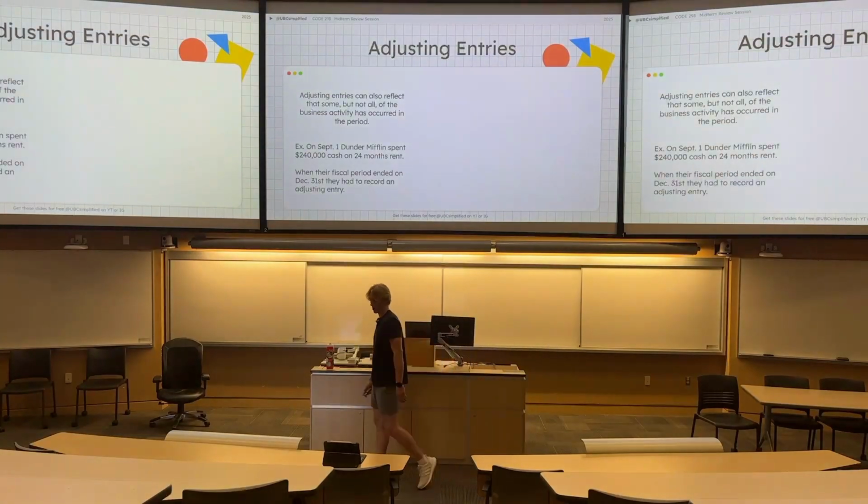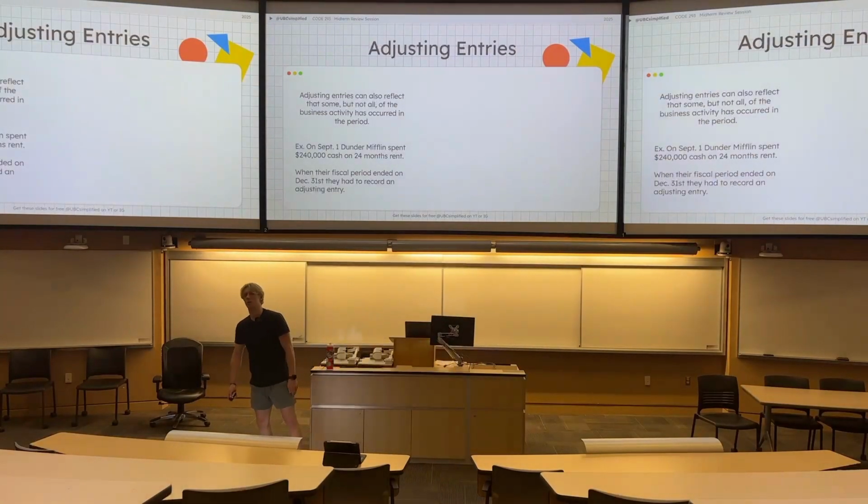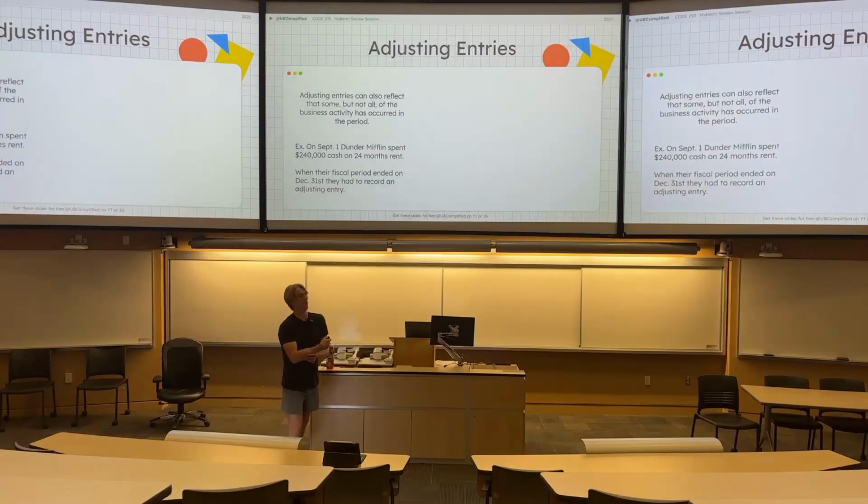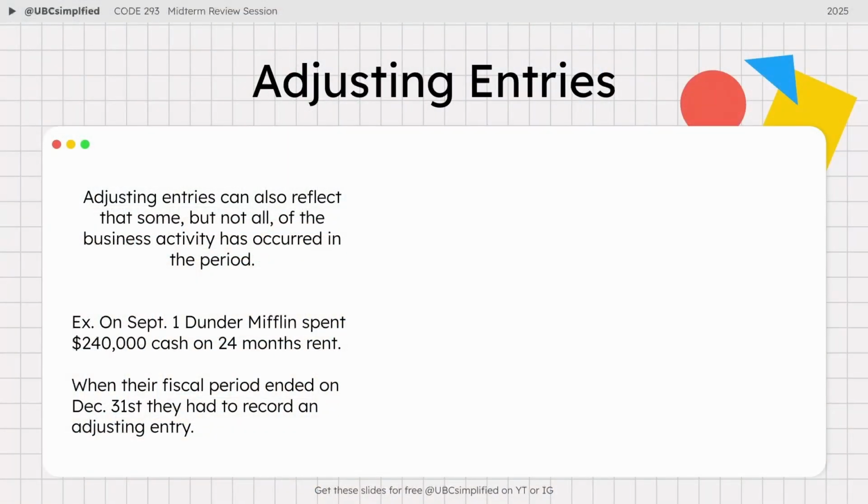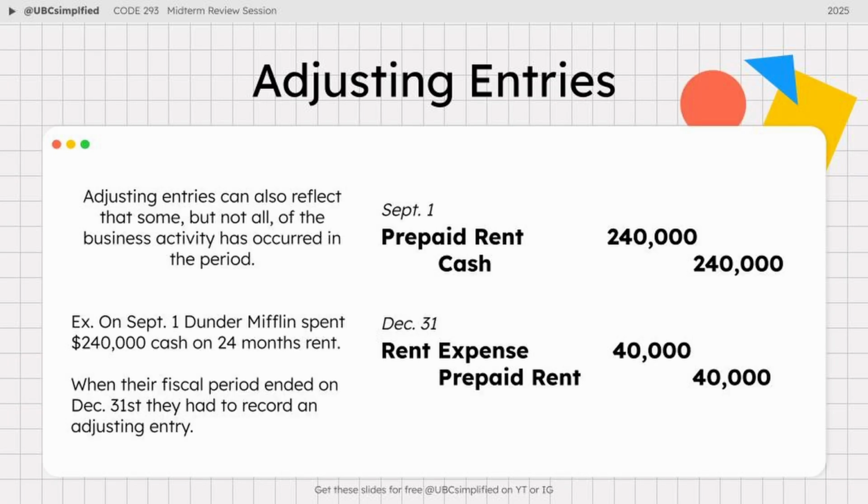Okay, so this is also another key point. Let's say I prepaid for rent 24 months in advance, but my year end is 1 year. So I've only actually used up half of that rent. So you have to keep in mind the numbers, and you divide it out evenly. So if you prepaid it 24 months in advance, and then you're looking at an entire year, 3 months in this